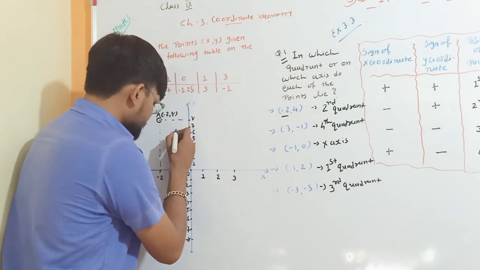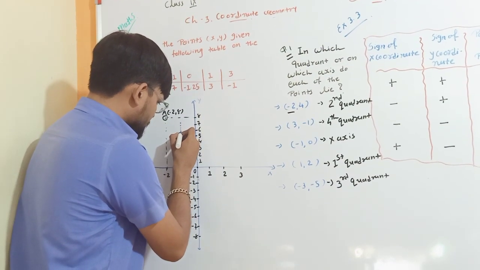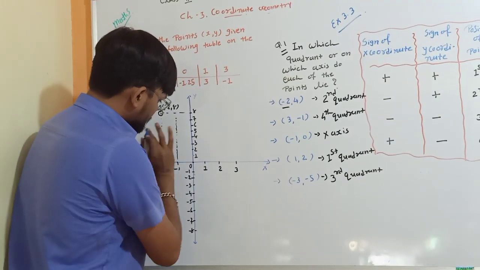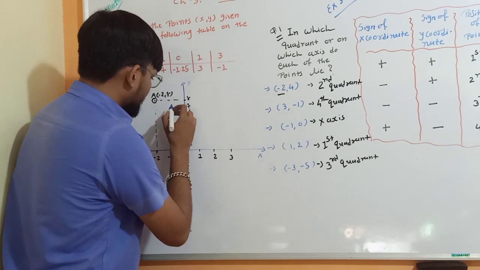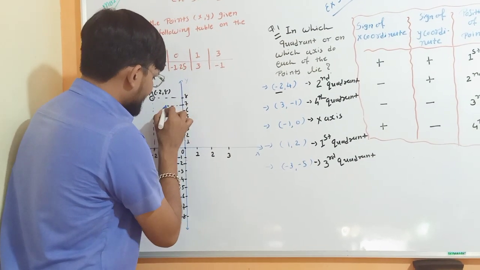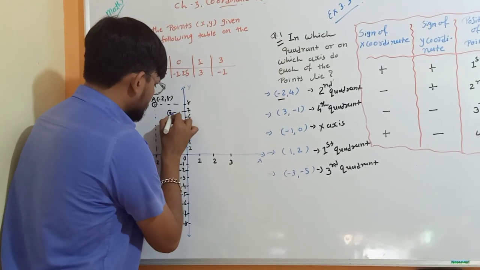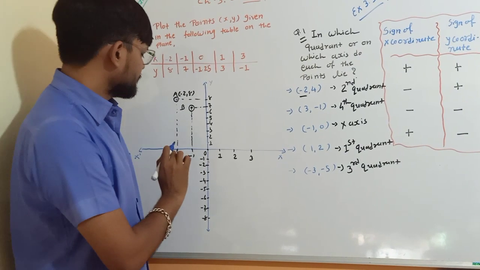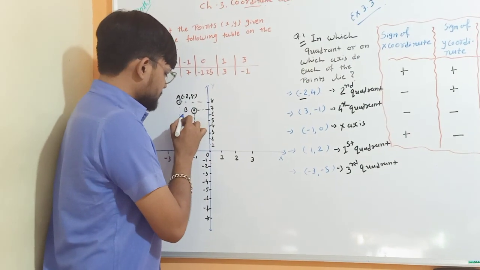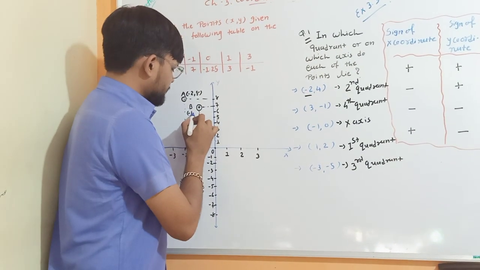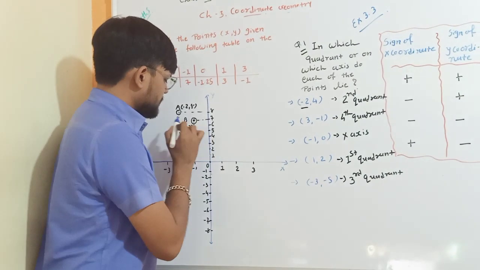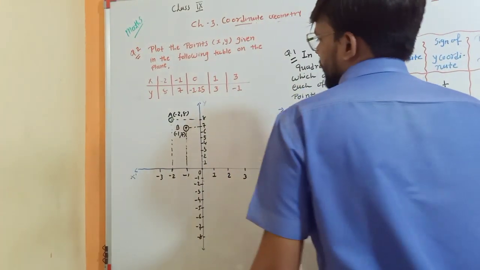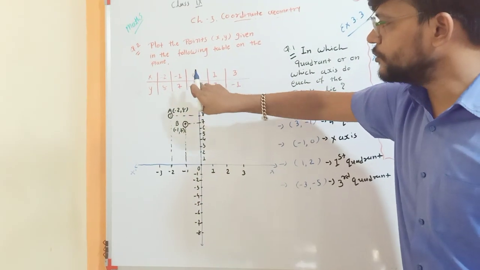So -1 and 7. So first of all, I have to draw a perpendicular line from -1 and one perpendicular line from 7 on the y-axis, right? So this is the location of point B. -1 from the x-axis and 7 from the y-axis. X coordinate is -1. Y coordinate is 7. Now the third one is 0 and